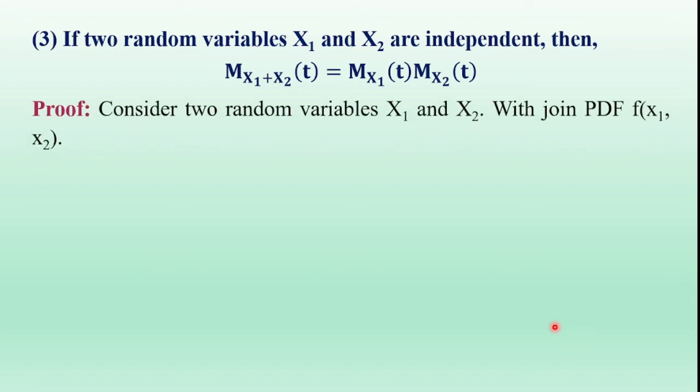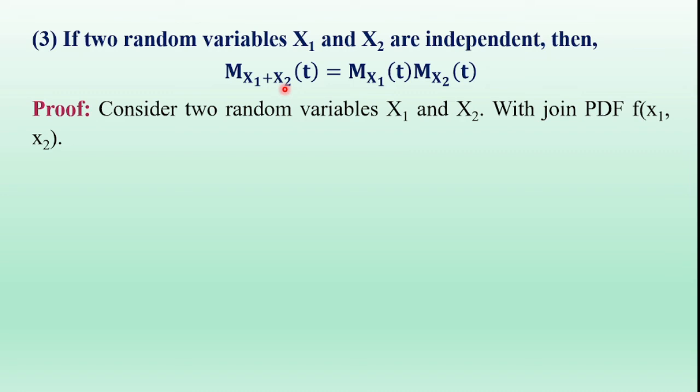Next, the third property is: if two random variables x1 and x2 are independent, then M_{x1+x2}(t) is equal to M_{x1}(t) into M_{x2}(t). If the random variables x1 and x2 are independent, then M with suffix x1 plus x2 of t is equal to the product of their individual moment generating functions. That is this statement. So now coming to the proof, random variables x1 and x2 are two random variables